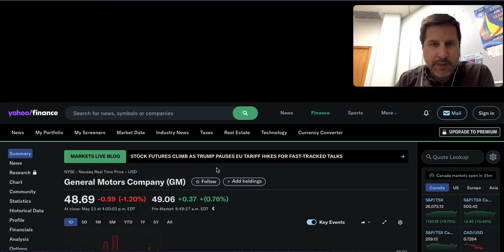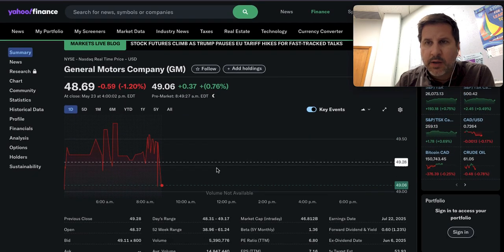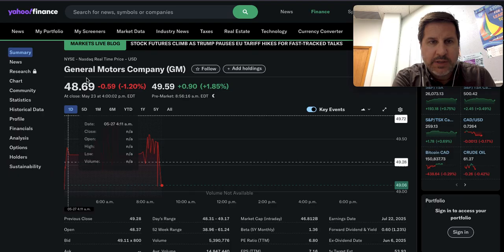All right. So we are in General Motors. And this is where we're going to get most of our information. I can see I'm freezing a bit as well, so I'm going to get out of this as quickly as possible. But here is GM, and here is where we are going to be getting our information. If I go down here to financials,